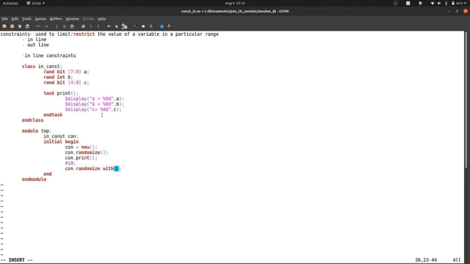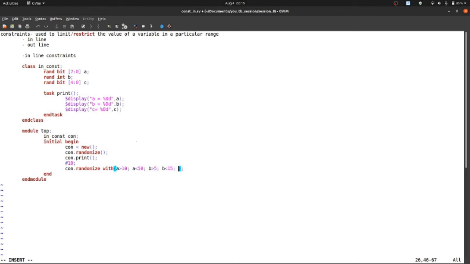Inside, first of all we have to limit a. We need to change the brackets to braces. This is the way to write constraints for a. Let's say we want to restrict the value of a to be greater than 10 but less than 50. Now we want to limit the value of b: b is greater than 5 and b is less than 15.